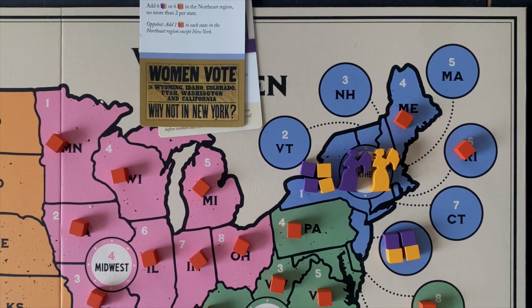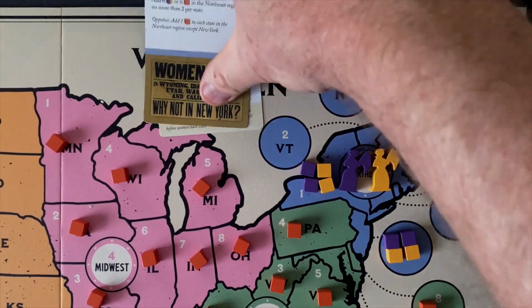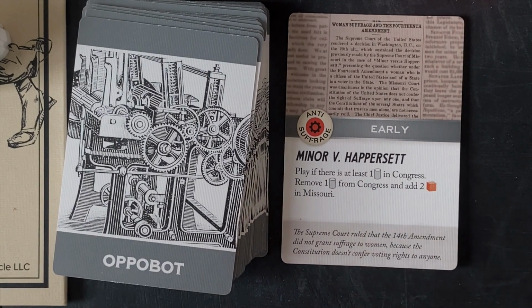The Northeast looks a little bit better, and we've got 2 of the 9 state cards in our arsenal, one of which we've already played. So let's see how the Autobot responds. Their first card drawn from the deck is Minor v. Happersett. The Supreme Court ruled that the 14th Amendment did not grant suffrage to women because the Constitution doesn't confer